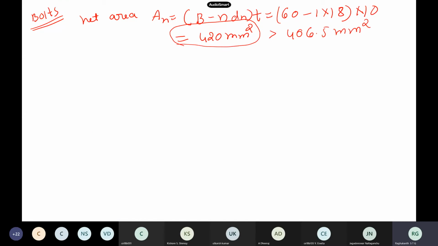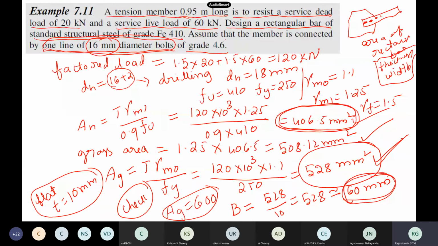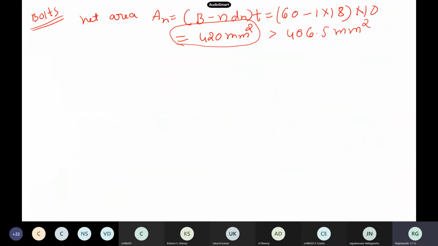Now you have to check the bolt strength. I hope I will not repeat this one. All bolts are of grade 4.6. So 4.6 means its ultimate is 400, and 0.6 times that gives its yield strength. And 16 mm diameter bolts are there. You already know how to calculate the shear capacity of a bolt and bearing capacity of a bolt. Which governs when you are having 4.6 bolts, which will be the lowest, shear capacity or the bearing capacity? Shear, I think. So shear only. Okay, we can verify.